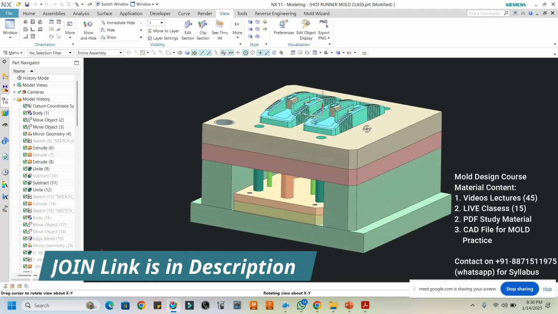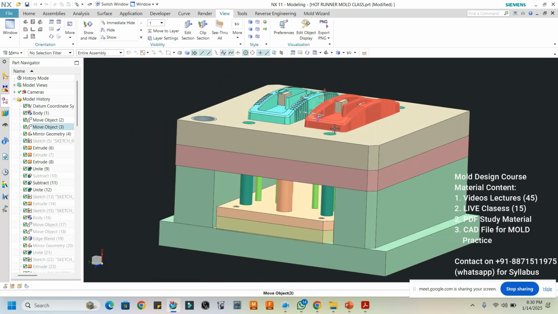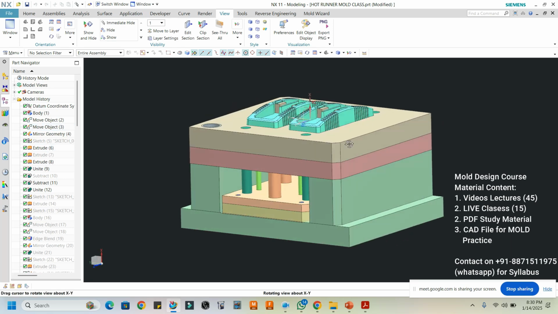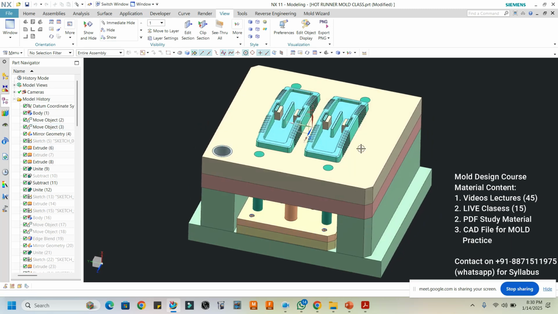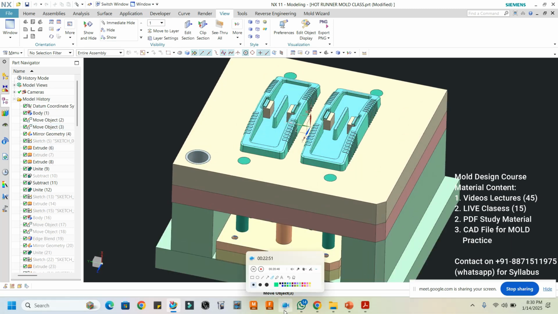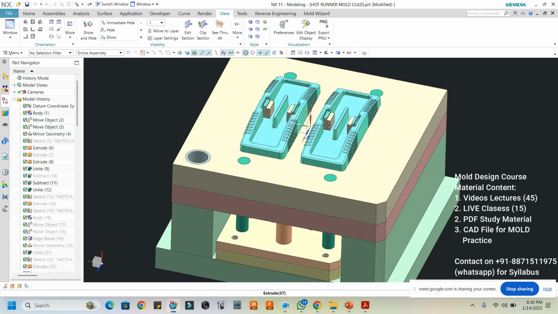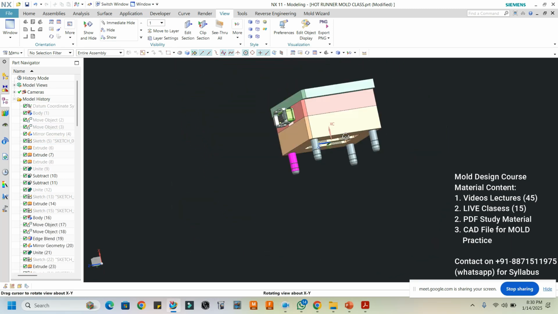Okay, see, here you can see that these are the two components. So apart from the cold runner mold, we have to prepare the hot runner mold for these two components. So basically, where will be the location? We have decided that from this point to this point is the location. This is the first location, this is the second location, and both the components are the same. Depending upon that, we have selected this.